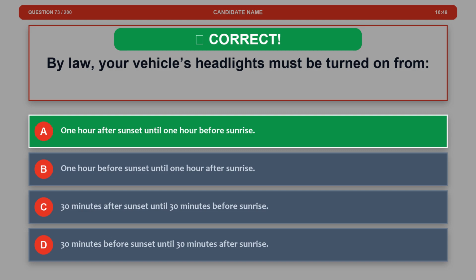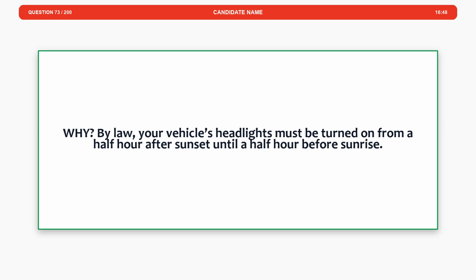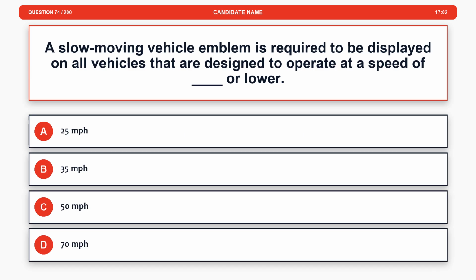The correct answer is option A, 1 hour after sunset until 1 hour before sunrise. Explanation. By law, your vehicle's headlights must be turned on from a half hour after sunset until a half hour before sunrise. Question 74. A slow-moving vehicle emblem is required to be displayed on all vehicles that are designed to